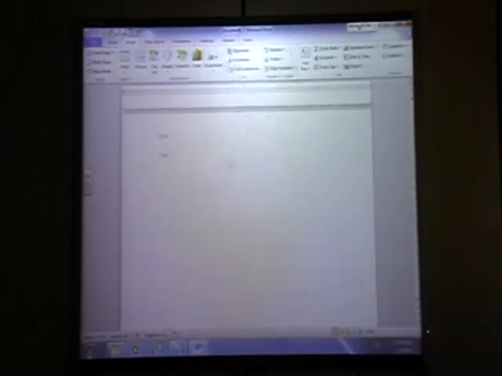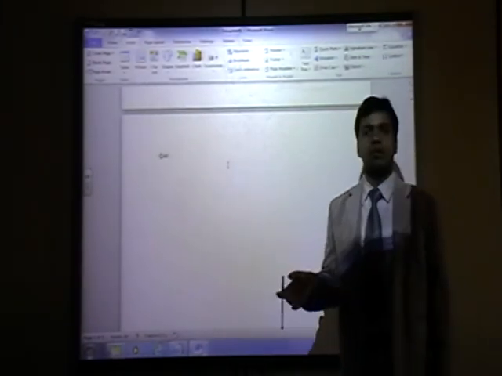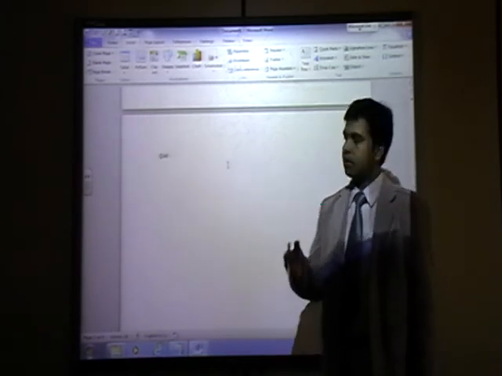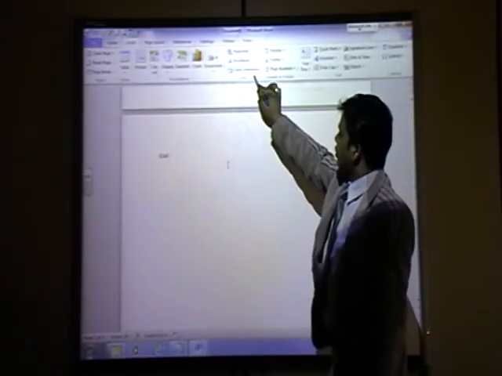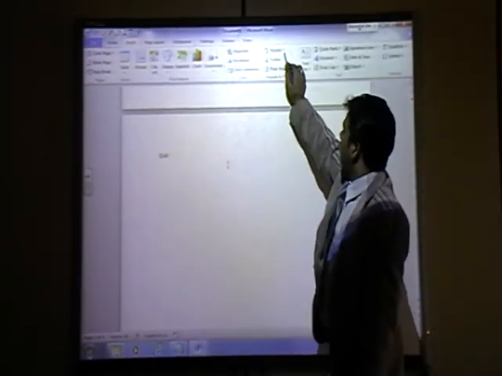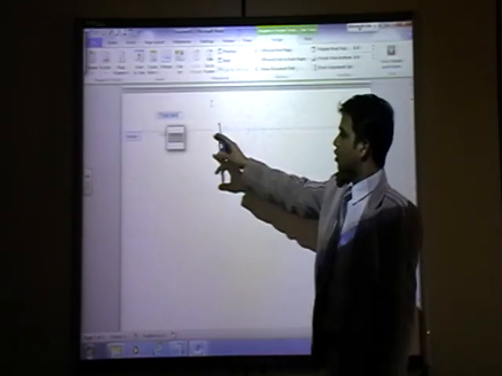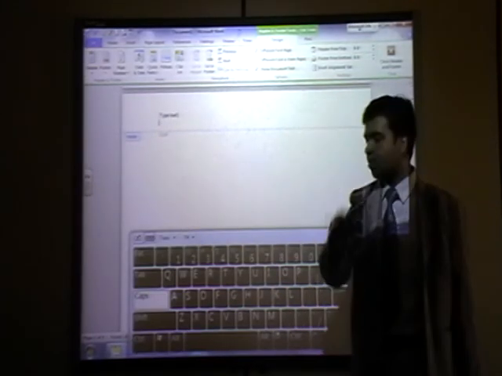Header and footer. In the exam sometimes there is a question to insert a header or footer or to insert a page number. You can do it from here. Insert, go to the header and footer group. Header means any message you type here will appear on every page.